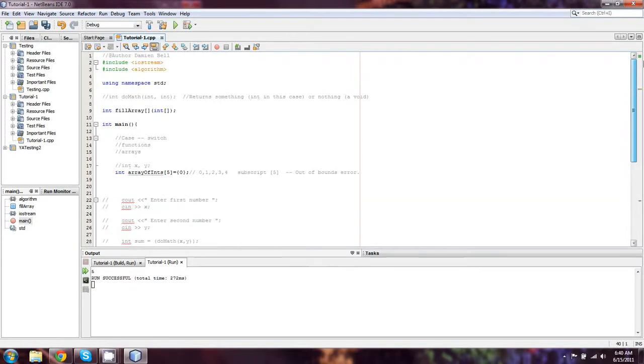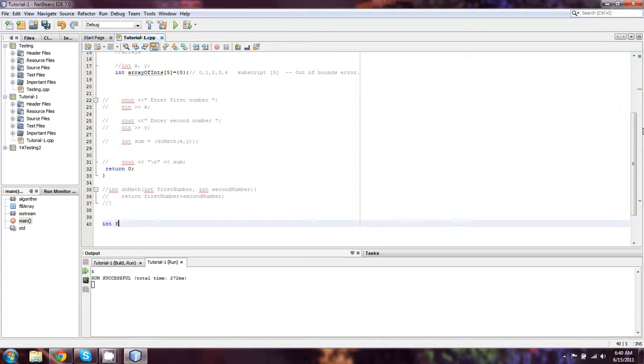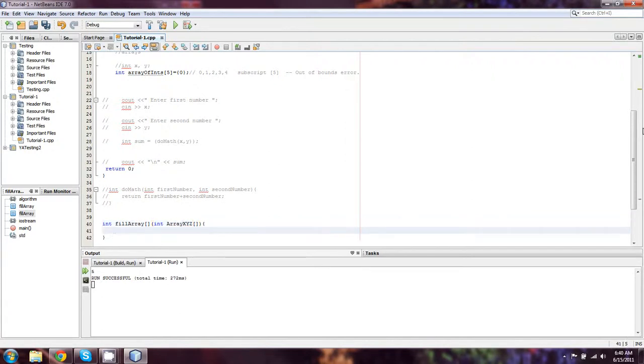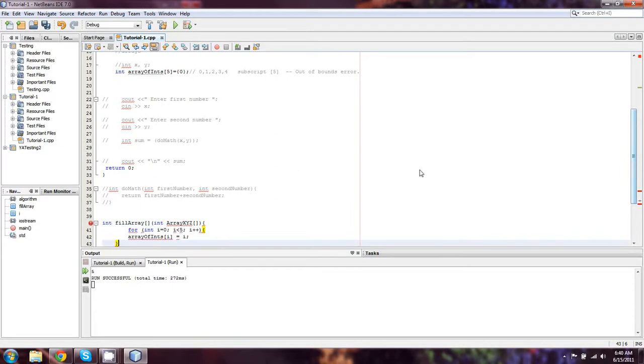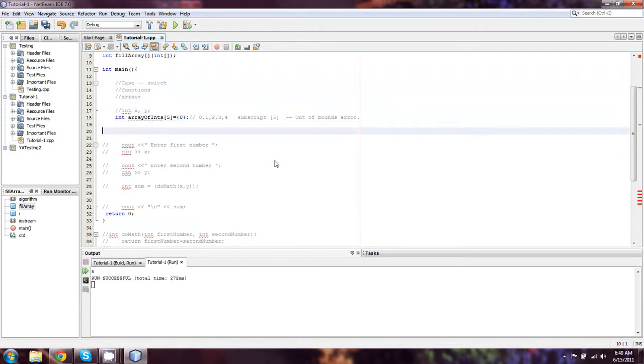So I named it fill array. Okay, so int fill array, and we're going to call it int array xyz is the array that will pass into it, and we're just going to do just like that and name it xyz. What's the matter with that? Yeah, I know you can't resolve that identifier because I haven't passed you anything yet. Silly program. Okay, so then all we would do is call